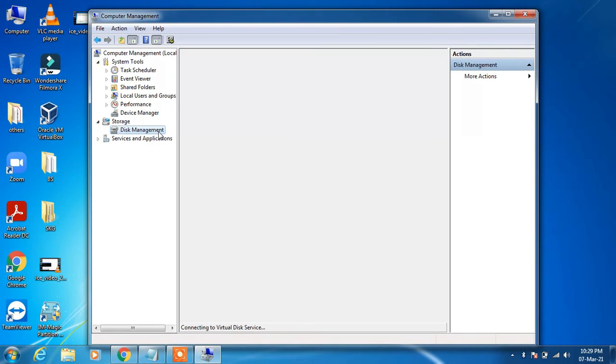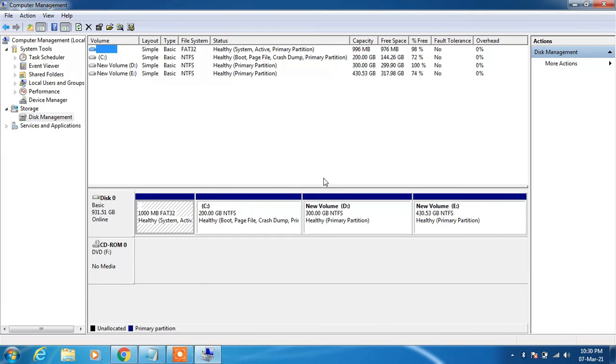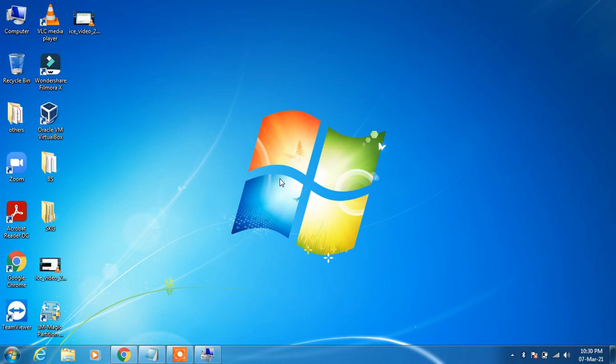Click on disk management. And you can clearly see that the D drive is converted to primary partition. So this is how you can convert a logical drive into primary partition in Windows 7.